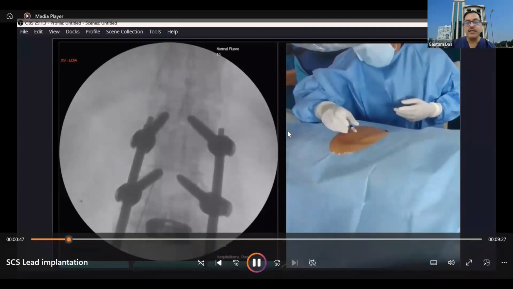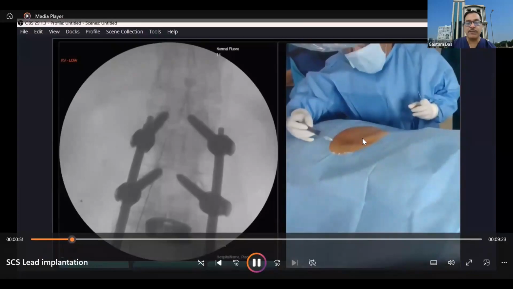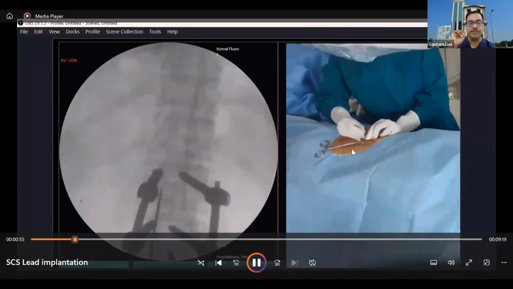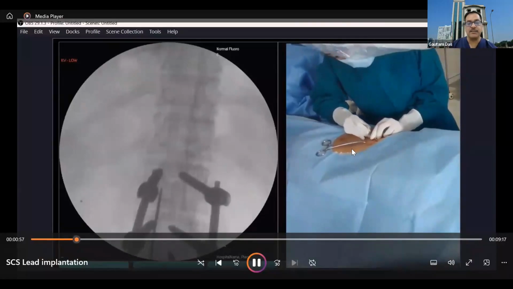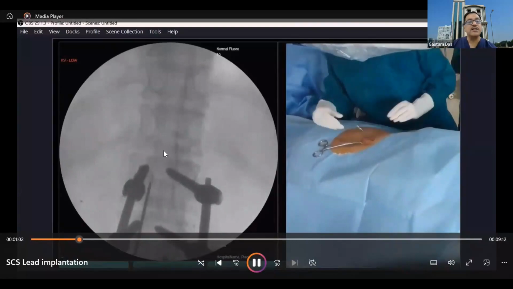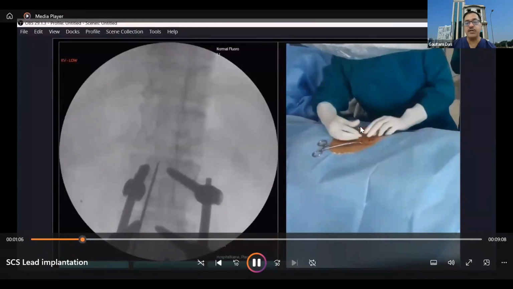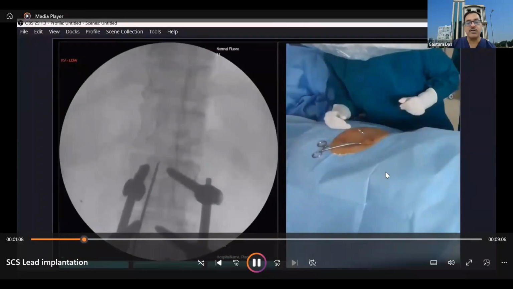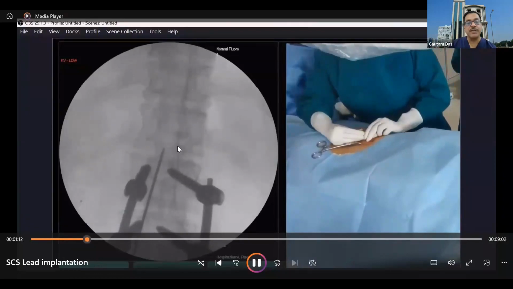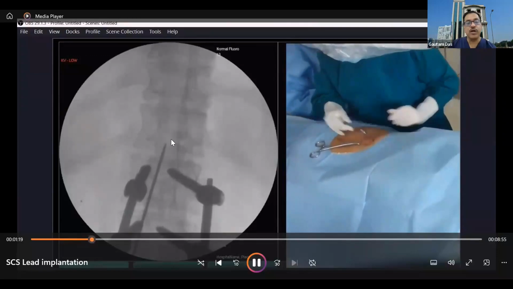So initially, this is what I do: when I'm giving local anesthetic, I take a spinal needle and I determine the path, how it will be going. Means with the spinal needle itself, I try to touch the lamina here, the 2 segment above the lamina. And then you are putting this RX Coude needle. So this RX Coude needle, this is the area of the interlaminar space. So you are hitting this lamina, you are trying to go at the level of the